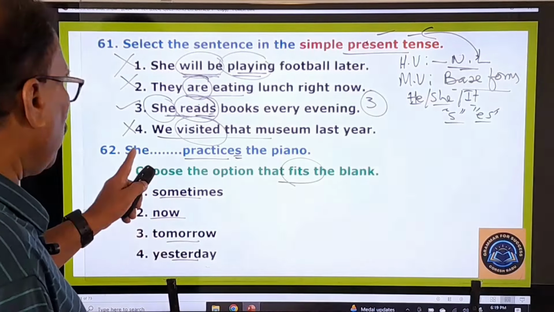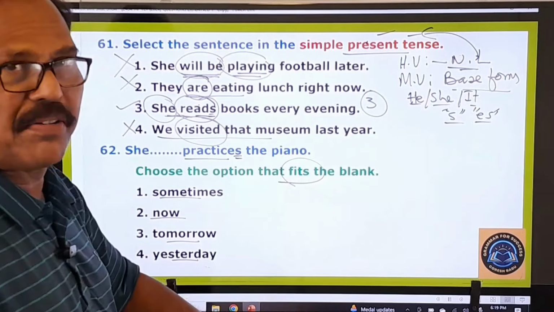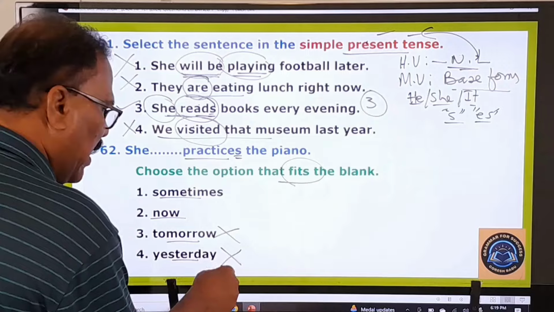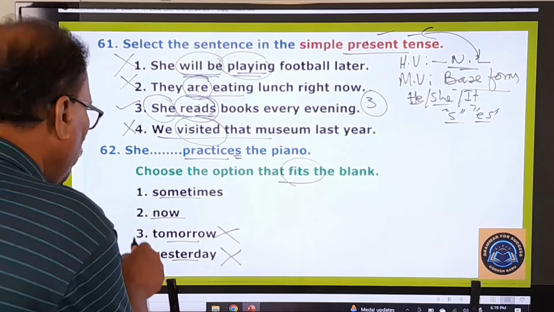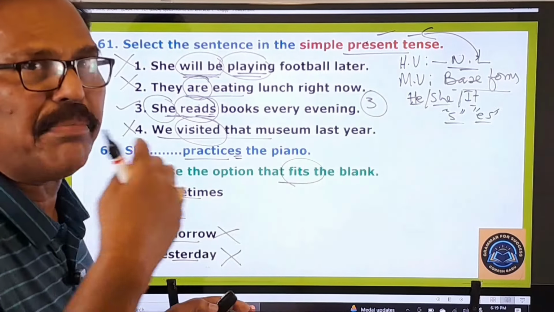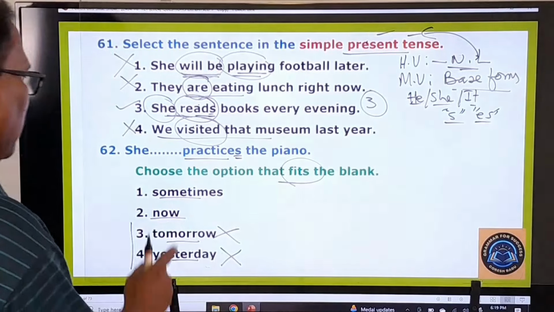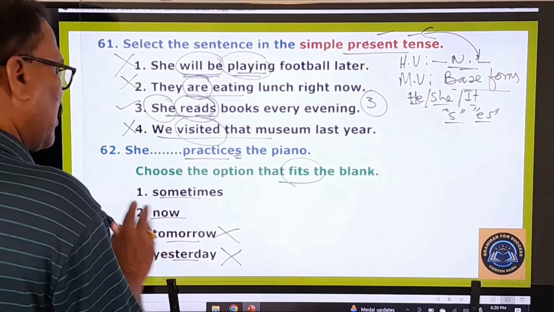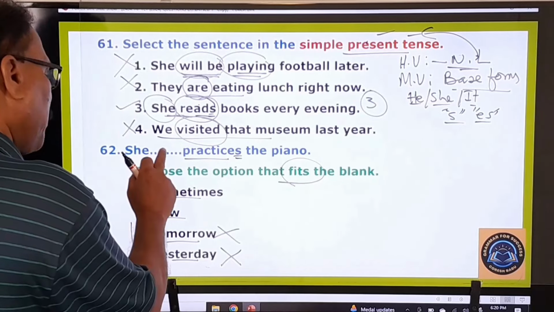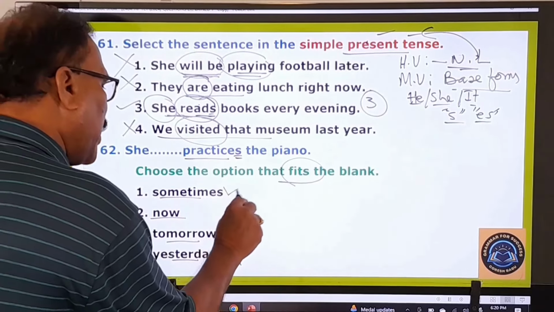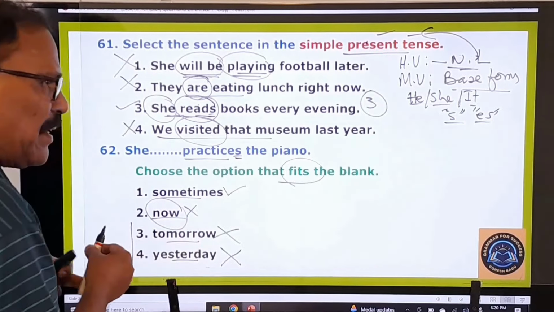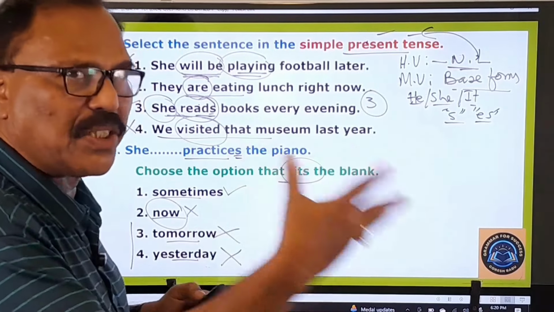tense, because it says, she practices the piano. And with this simple present tense, tomorrow is not used, yesterday is not used, and therefore these two options are outright eliminated. Okay, and then come sometimes and now. These are the two options left with us. And now what to be used in this blank means, we should go only with sometimes, not with the now,